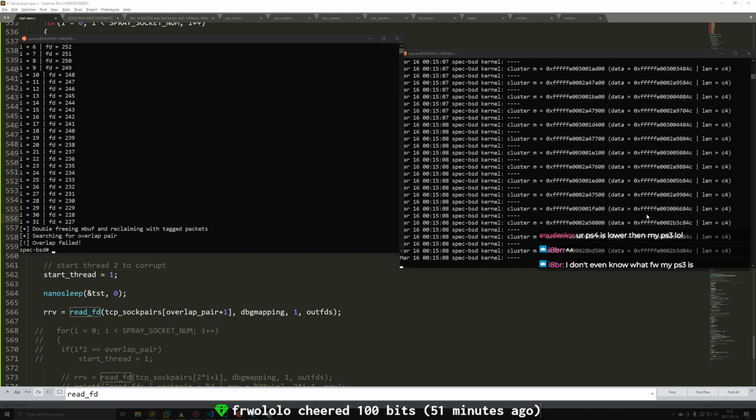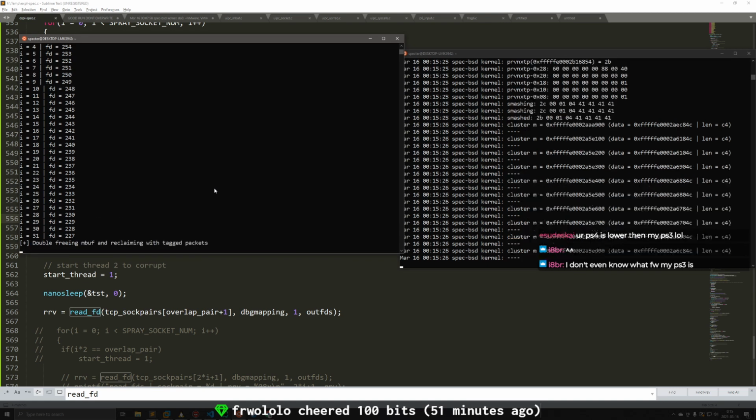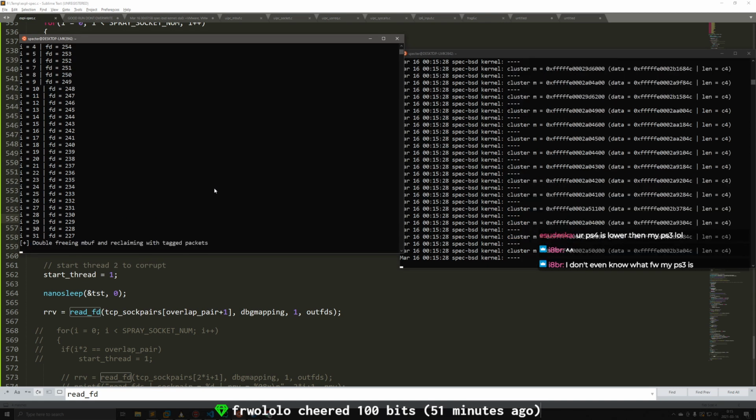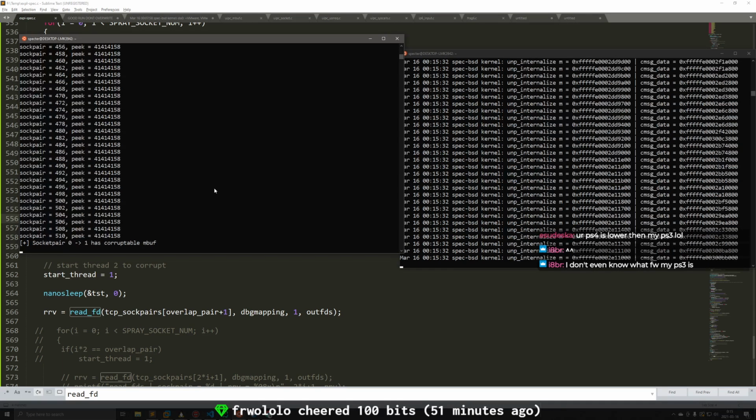Oh shit, our overlap failed. That's not good. Sometimes that happens, but that's not ideal. That basically means the double free didn't trigger properly. It's usually not fatal, at least on the VM, but...